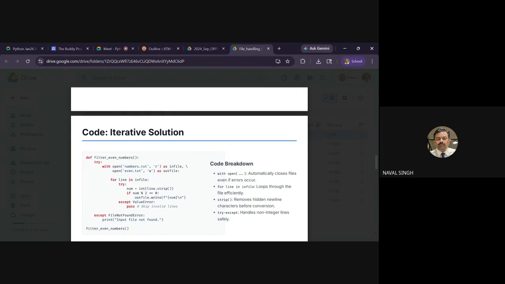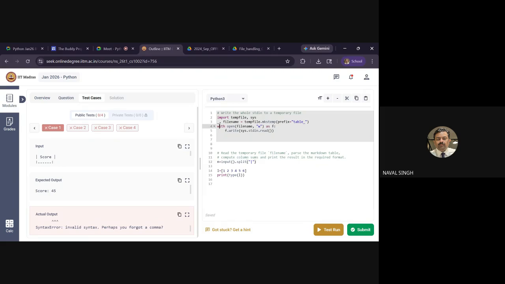Then you again take things, आप लिस्ट से वापस नंबर्स या कोई भी डेटा उठाइए और वापस उसको फाइल में लिखते जाइए. दैट इज द कॉन्सेप्ट. एंड लिस्ट, एंड देन यू कैन यूज, आप सेट या डिक्शनरी यूज कर सकते हैं फॉर डिफरेंट यूज केसेस. तो आप कैसे एक फाइल से डेटा लिस्ट में डालेंगे, राइट? ये आपका क्वेश्चन है. तो सपोज जैसे कि यहाँ पे देखिए, विद ओपन फाइल नेम डब्ल्यू एज एफ, तो विथ कमांड से आप कोई भी फाइल को, ये डब्ल्यू था इज फॉर राइटिंग, आर कर सकते हैं, दिस इज फॉर रीडिंग, एज एफ, राइट? एंड देन आप अगर सबको एफ डॉट रीड लाइन्स करते हैं,